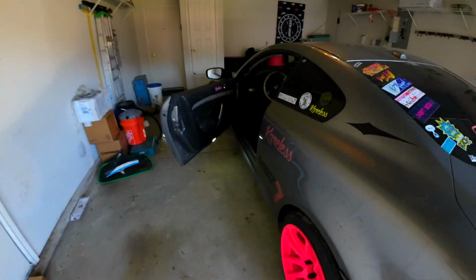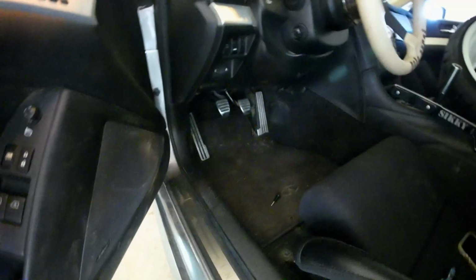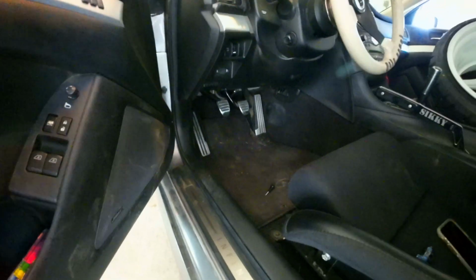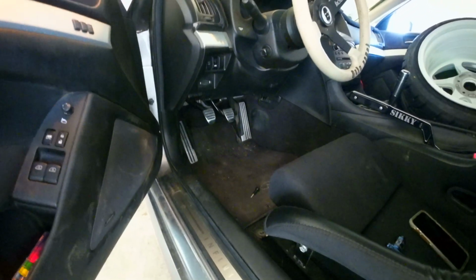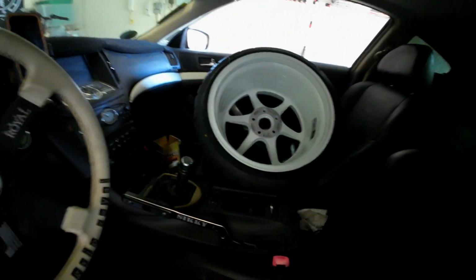So, day 2. I spent most of the night adjusting the clutch pedal, trying to get it right. I have got it kind of good. I've taken it on some test drives. So as you can tell, we're packed up. We're ready to go. I'm about to drive about an hour and a half